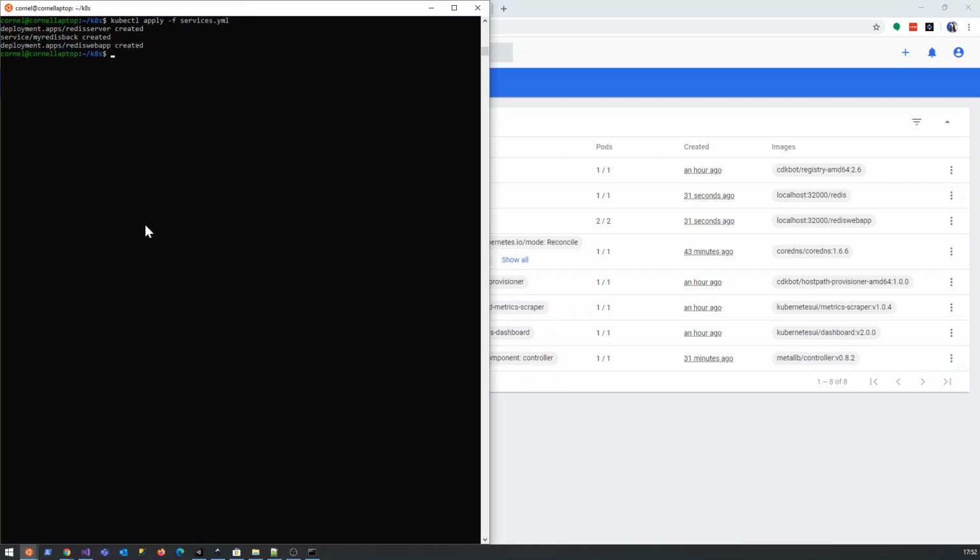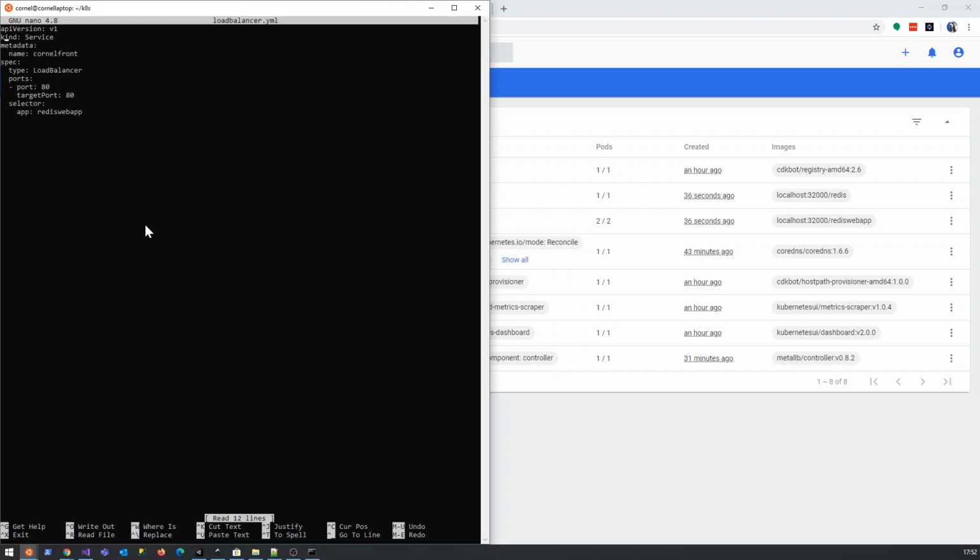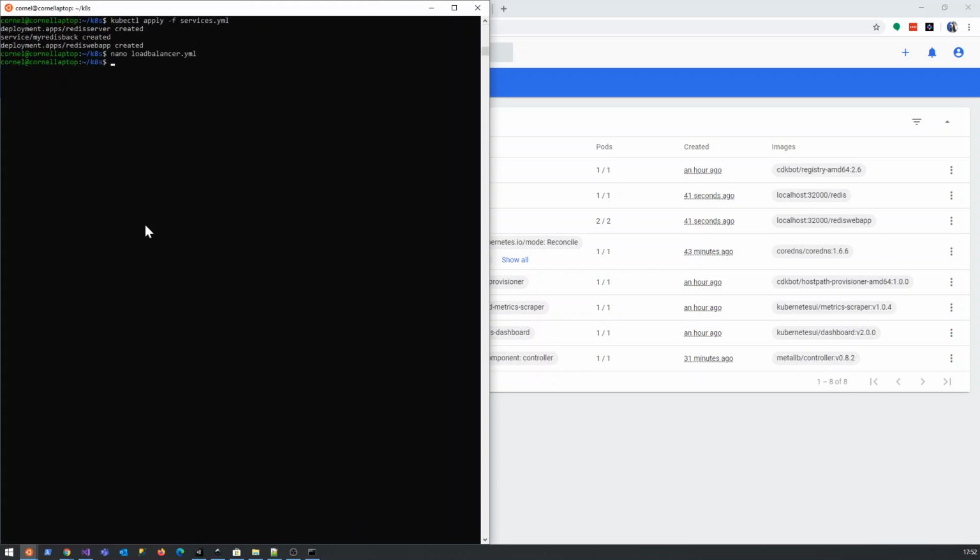And then my load balancer is very similar to the other one. I'm just going to call it Cornell Front, port 80, and I'm going to point it to the Redis web app, and then I'm going to do a kubectl apply -f load balancer. And then if I do a kubectl get services,